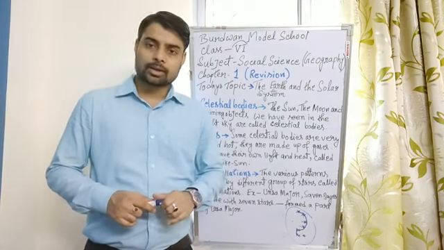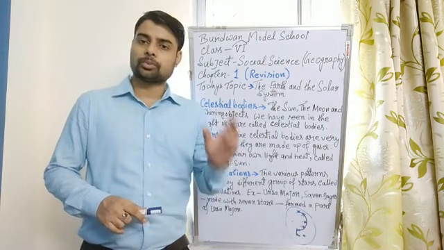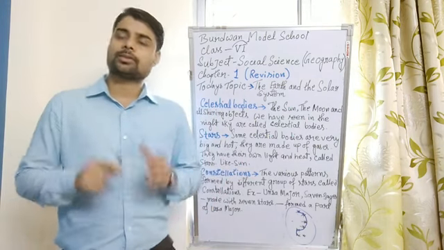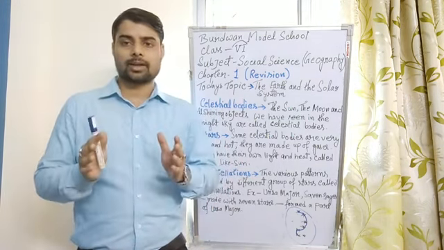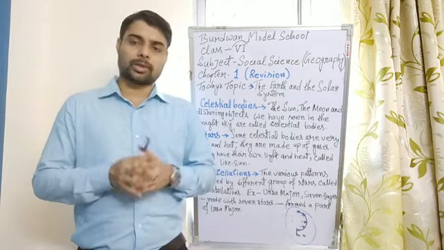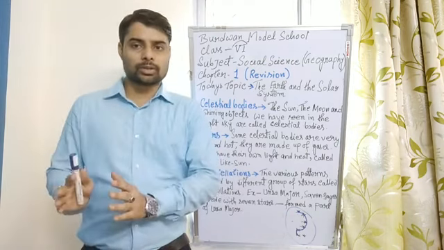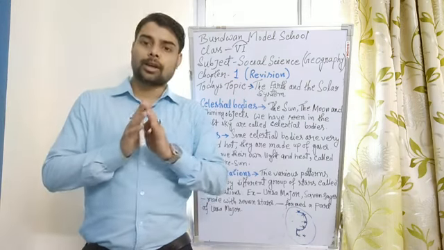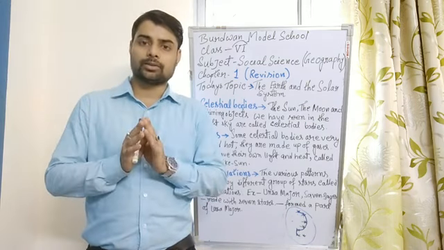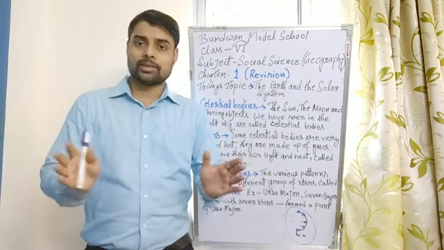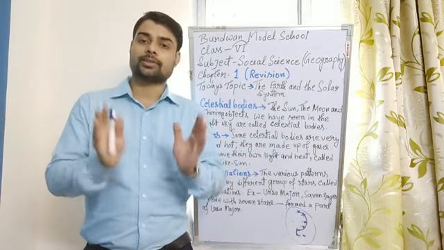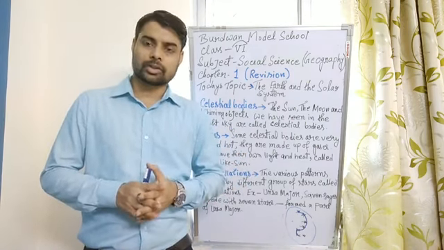The first one, the shining objects. What is a full moon? When the moon appears in the night sky and the entire moon appears, it is the full moon. After a fortnight or 15 days, we see a completely dark sky when the moon has totally disappeared from our sight. It is the new moon or Amavasya.